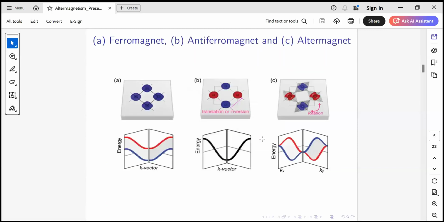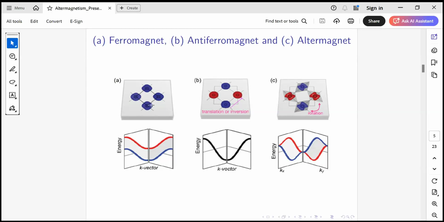Now you see how we can distinguish between the three types of magnetic materials: ferromagnets, antiferromagnets, and altermagnets. In the ferromagnets, the spin splitting is very clear at the gamma point. You see the spin bands, the red curve and the blue curve, are separated.